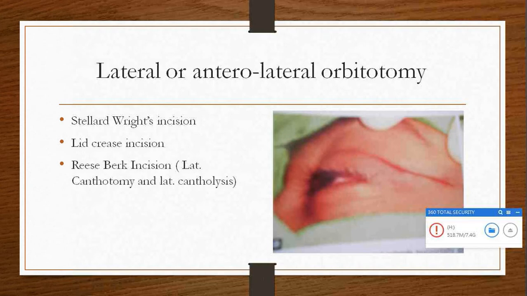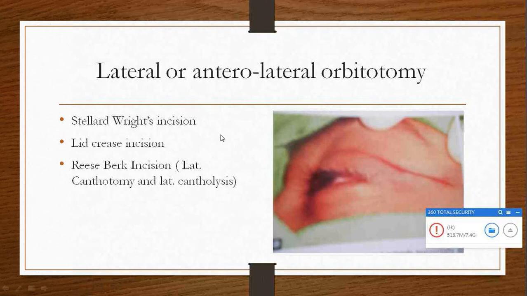Lateral or anterolateral orbitotomy is indicated, as I told you, whenever you want to remove a lacrimal gland tumor. So the big incision is the stallard incision, which is seen in this patient, which is marked. So you will take the incision like this up to the lateral wall of the orbit on the temporal side. So it is a very big incision. You don't need anybody's assistance. The orbit will open up, and when you cut the periorbita, you can deliver the lacrimal gland tumor easily.